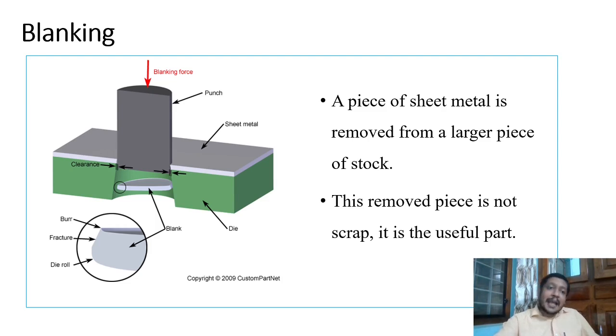In the case of a blanking operation, the first step is to make the drawing in such a way that the maximum sheet is utilized. That is, if I cut a blank like this, how many blanks in various contours can be effectively cut from the sheet, I have to calculate first, and accordingly proceed further. So the difference between blanking and punching is that in blanking, the stripped out part is the useful work, whereas in punching, this will become a scrap and the sheet is the useful work.